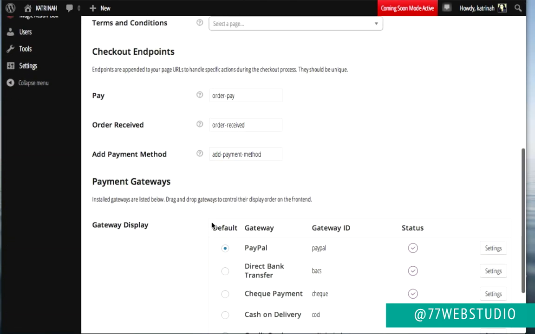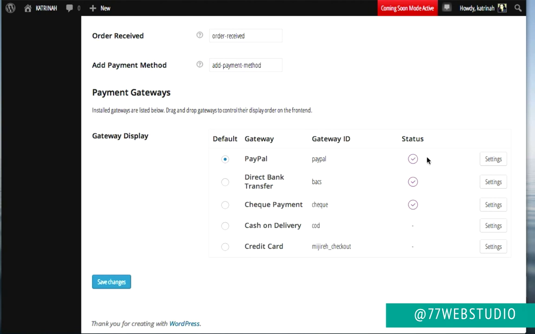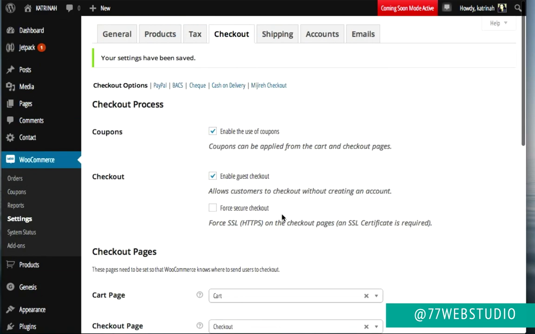Now note when I scroll back down to the bottom of the page where the payment gateways are, we see that there's a number of other payment methods that have been enabled. This purple checkbox right here refers to enabled payment methods. So direct bank transfer and check payment, I really do not want to have those two activated. I want to disable those actually. So in order to disable them, we can either click on settings right here for each one of these respective ones, or I can come to the top and here we can see them all listed right here. So these are all of the installed payment methods that come with your WooCommerce installation. I'll come back to disabling those in just a moment.